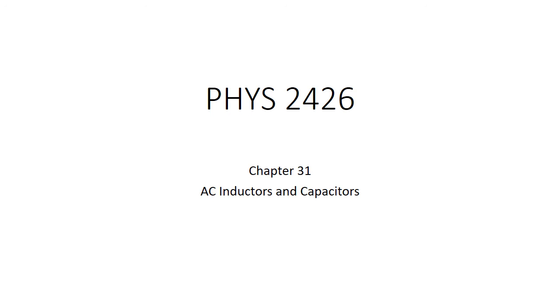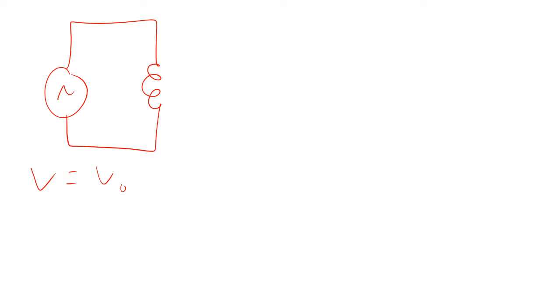Okay, so we had discussed prior to this what happens if you have a resistor and an AC. What about inductors and capacitors? So, starting with an inductor, with frequency omega right here, V equals V naught sine omega